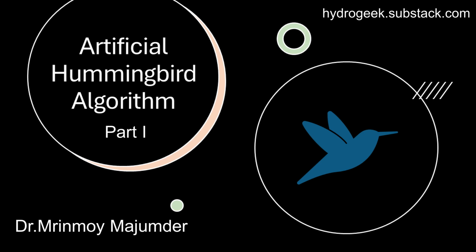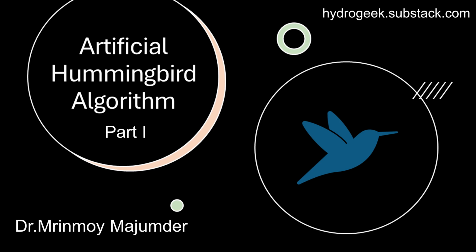And if a hummingbird is placed with multiple flowers, it will select the flower which of course has quality nectar, but it will also observe whether it has already visited those flowers or not. And if it has visited any one of the flowers, then it will definitely ignore that flower and select any other flower